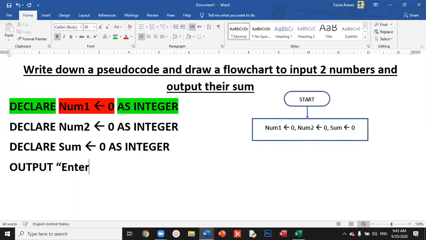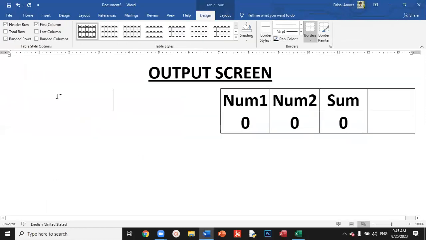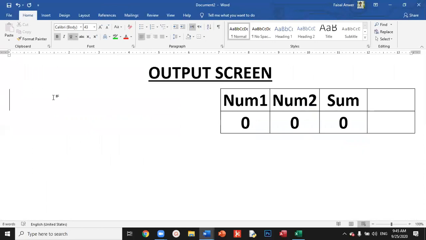For this purpose, we shall type output enter first number, and then input num1. So according to these 2 instructions, a message will appear on my screen. It will be enter first number, as I typed in the programming mode,